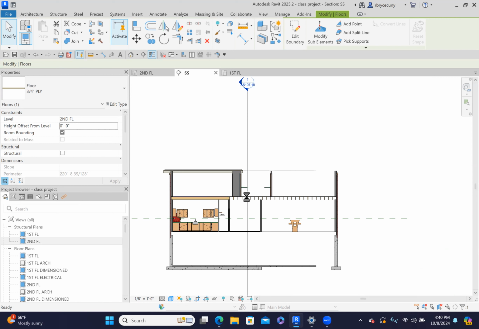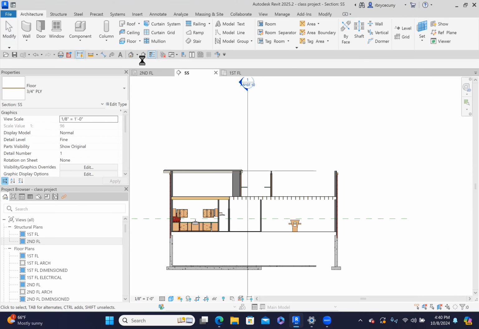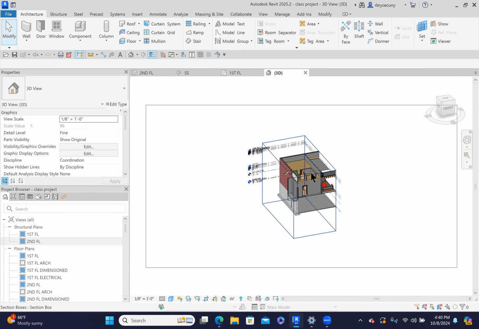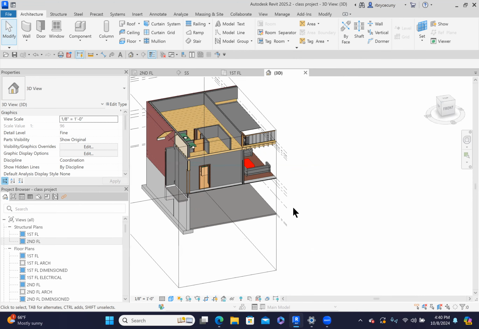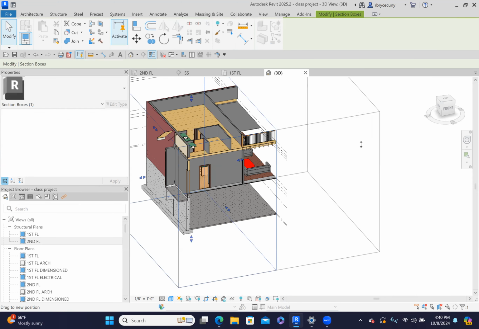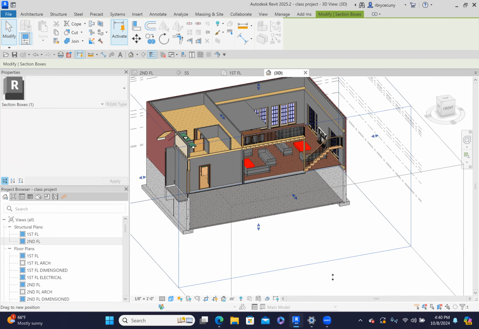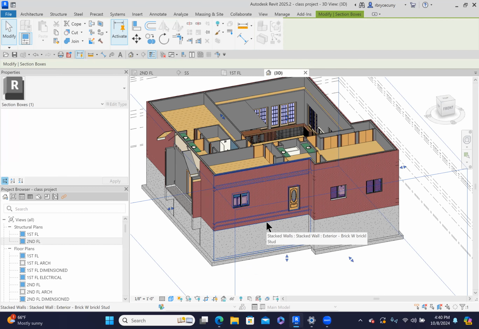And now let's put in the rim joist, which is a little bit more difficult to do. But let's go to a 3D view. And I want to see, I'm going to grab this section box so that I can see the entire house. And we can see it. And all I want to see, though, is the floor and the,